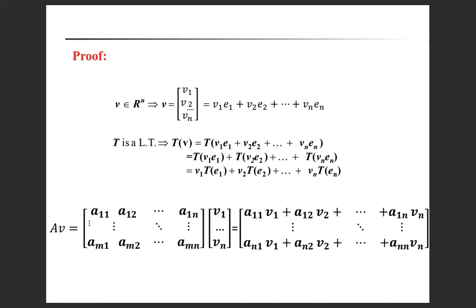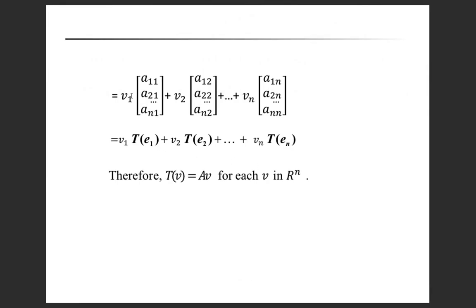Similarly, we multiply the corresponding elements of the second row with the column to write the elements of the second row. And continuing like this, we will multiply the elements of the mth row with this column V1, V2, ..., Vn to get the elements of this row. So this will be Am1 into V1, Am2 into V2, plus ... plus Amn into Vn.